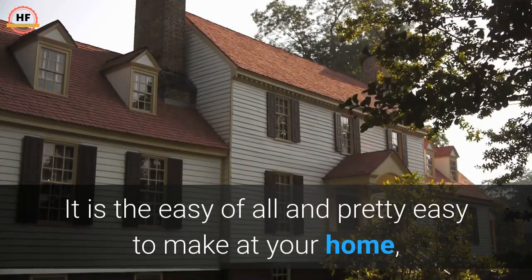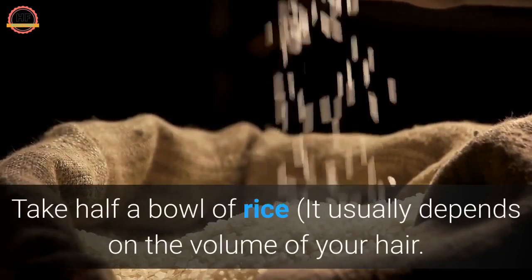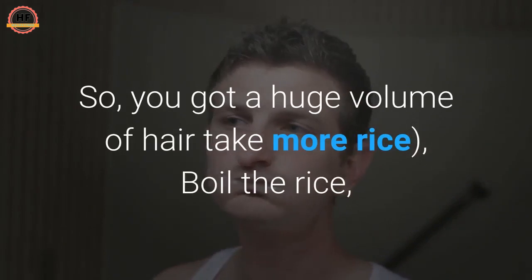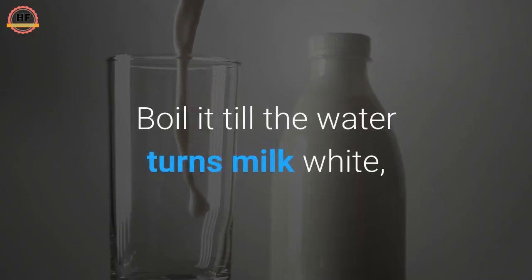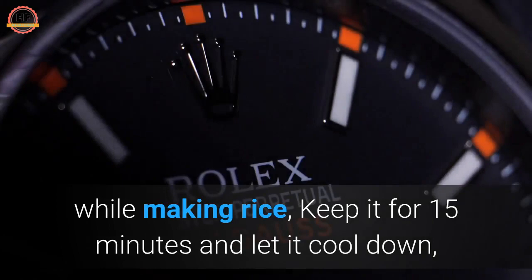It is the easiest of all and pretty easy to make at your home. Take half a bowl of rice, it usually depends on the volume of your hair. So, if you have a huge volume of hair, take more rice, boil the rice, boil it till the water turns milk white. Rice water is basically the boiling water we strain out while making rice, keep it for 15 minutes